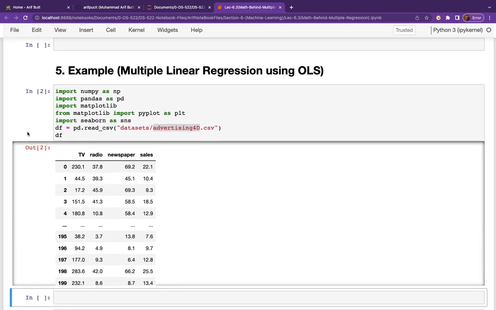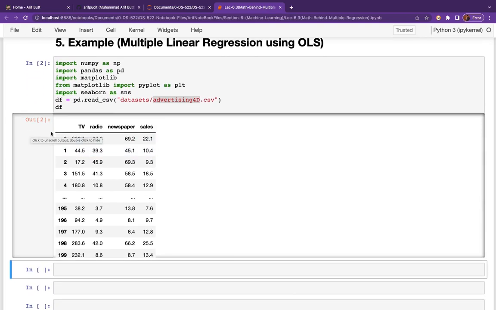So there are a total of 200 rows or observations and 4 columns with 3 input features and an output column, sales. My dear students, this is an advertising dataset showing sales of a product in 200 different markets along with the advertising budgets for the product in each of these markets